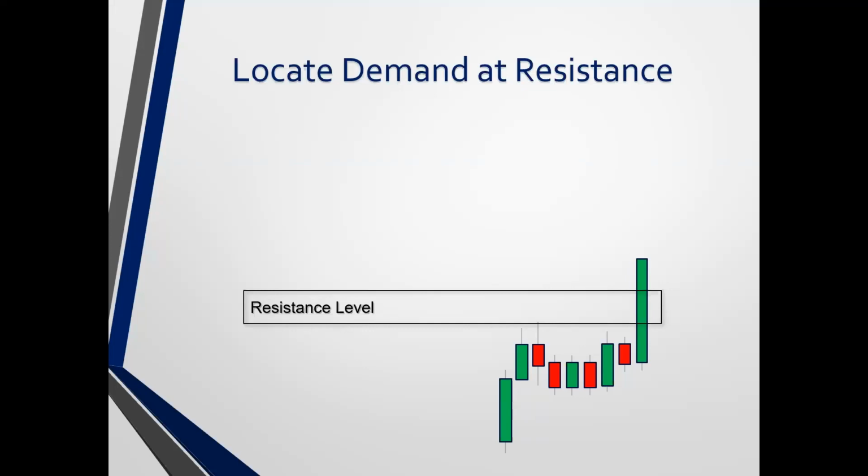And one of the things I'll just touch on again, which was touched on more in the previous webinar, is this: it's as simple as this, locate demand at resistance, right? What is resistance? Well, we all know what resistance is, but essentially it's where we're going to find a battle. And if we're going up to that battle and we want to get through it, we need to see the fight take place. And then furthermore, we need to see who wins that fight.